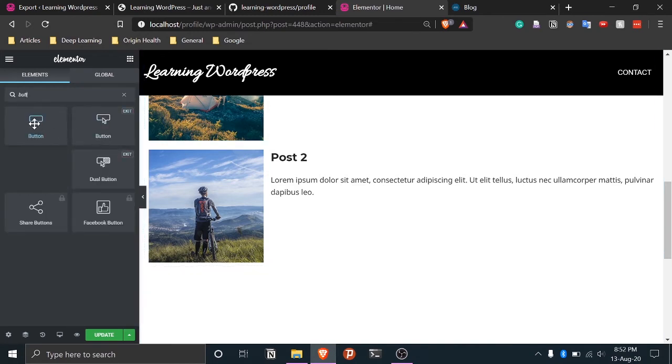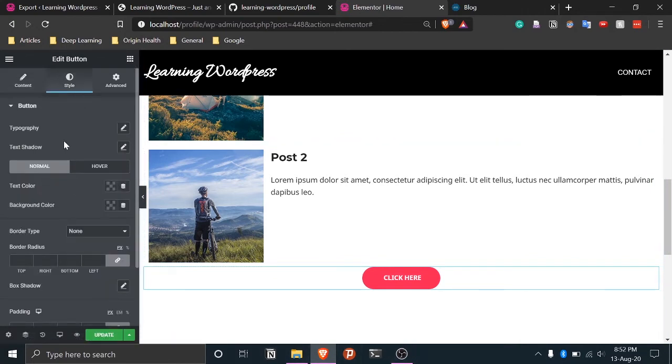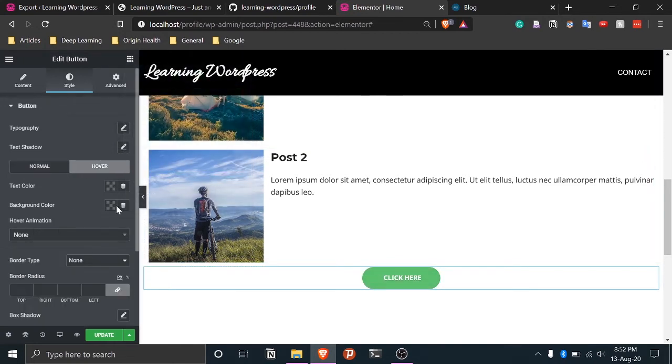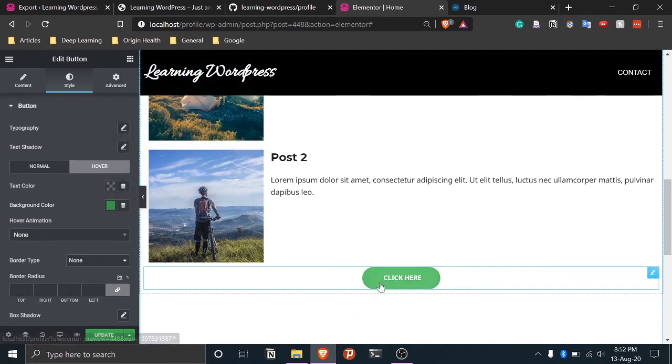Yeah, so we'll choose the button and we'll place the button here. So we'll center it, and if you see it's pink in color, let's say we want it to be some other color, so we can just go to style, and in style there's this normal and hover. So for normal we can choose what color we want. So let's say we want this green color here, and for hover we can go to hover similarly, and here a background color, let's say we choose this and we want it to be a little darker. So we'll move a bit towards this side so it looks a bit darker. Okay, then yeah, so now if we go here, you can see this works.